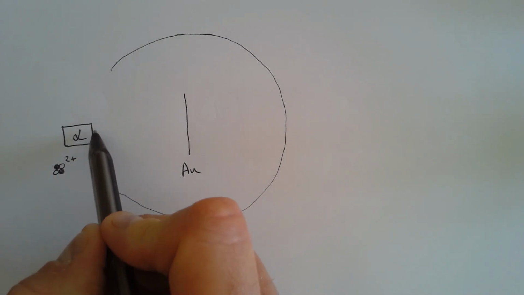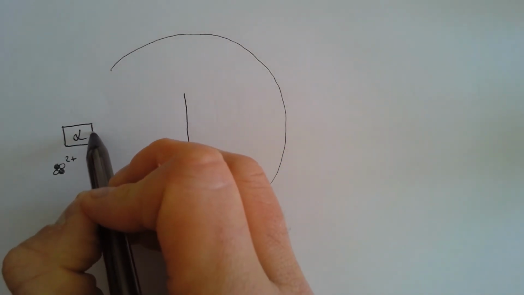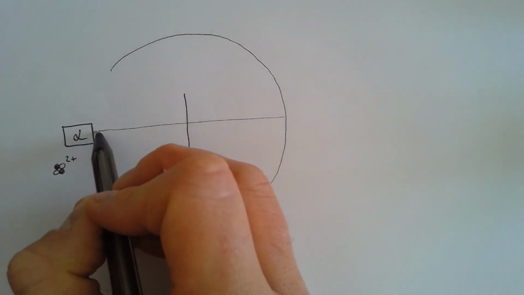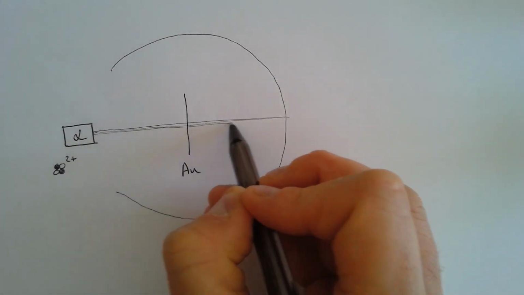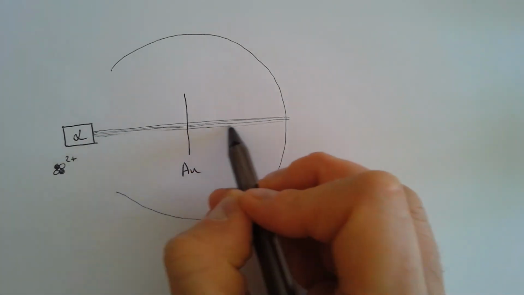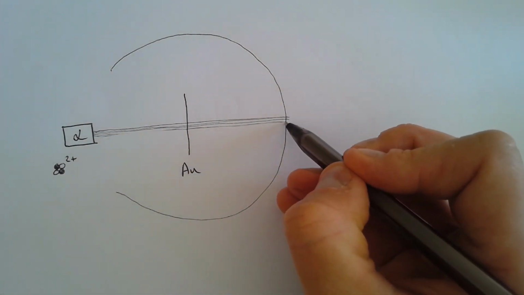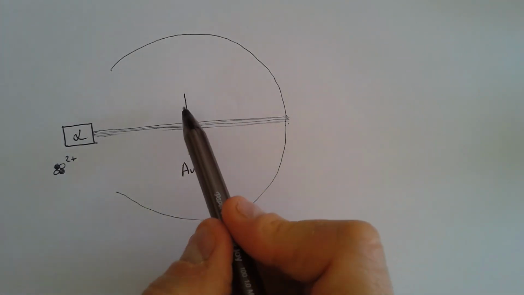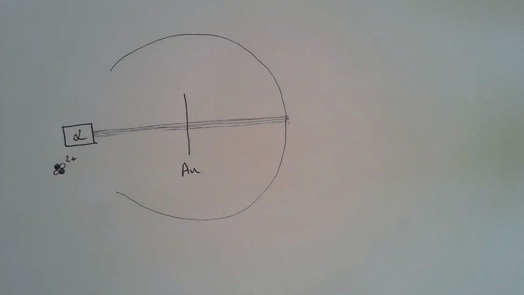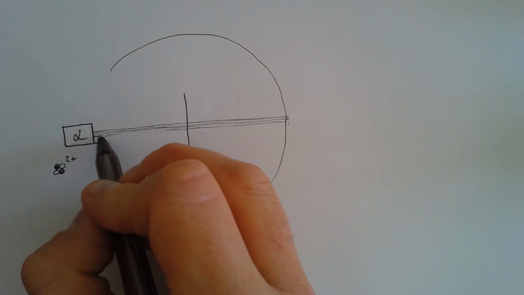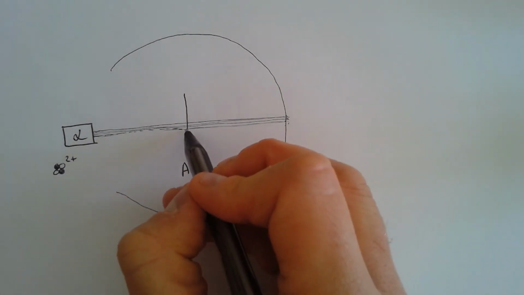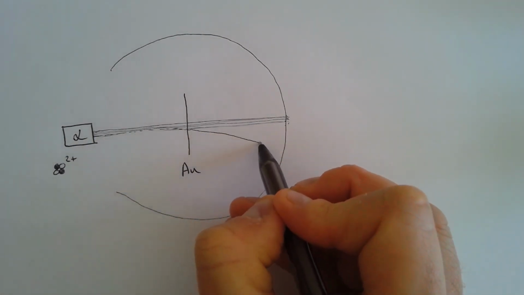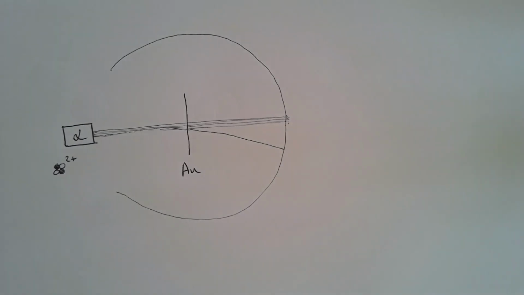And what they found, and this was actually largely expected at the time, was that almost all of the alpha particles went through. So loads and loads of beams of alpha particles, and they were seeing spots at this point here showing that the alpha particles had got through, and that was expected because the gold was beaten really, really thin. But they found that a few, not many, but a few of the particles were deflected ever so slightly,